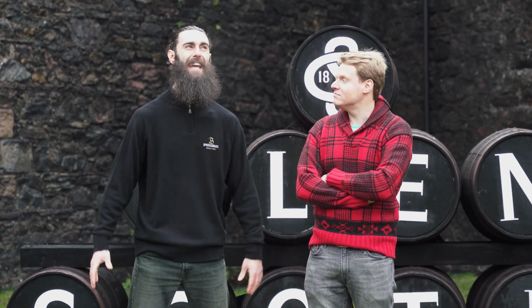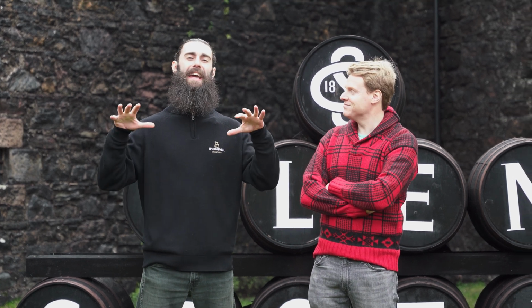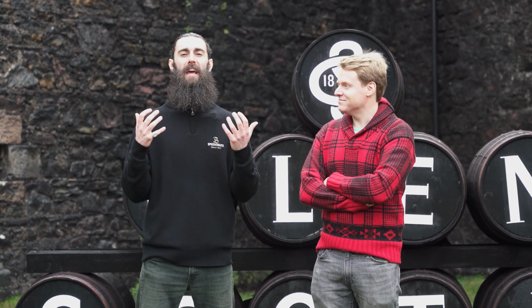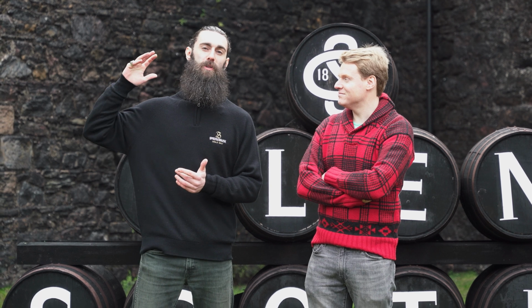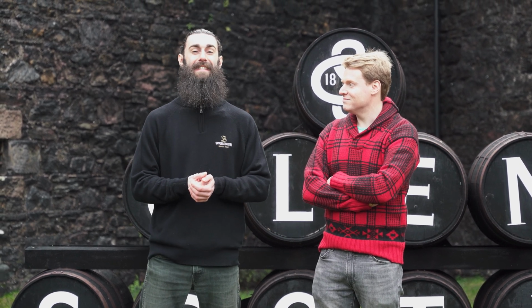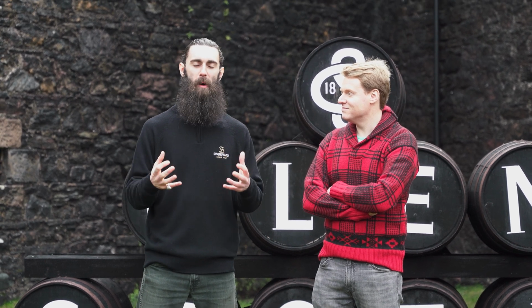Good morning, good morning. We're here in sunny Campbeltown, and whilst we've been enjoying looking around Springbank and Glen Distillery the last few days, we are now here at Glen Scotia, one of the other distilleries here in Campbeltown, and I'm really excited to learn a little bit more about it. We're lucky enough to have got Hector meeting us this morning. He's going to show us around a little bit. He's the assistant manager here at Glen Scotia, and I'm really looking forward to learning a lot more about this